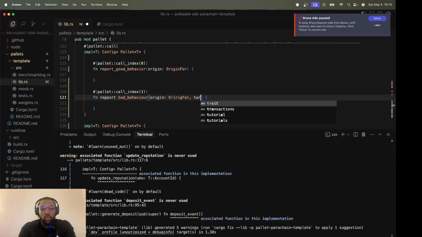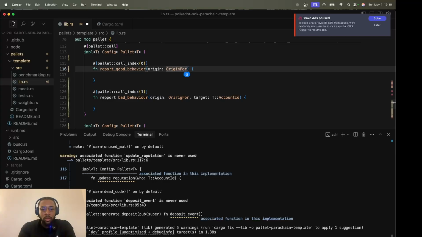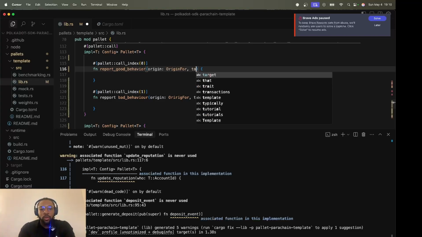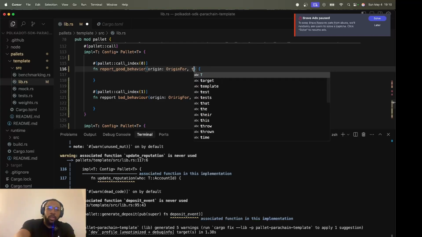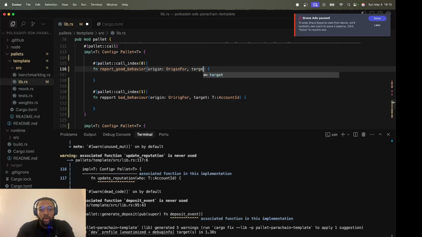Targets, who we want to report. I think this can also be one function, and then you just do the structuring, so that if it's a good behavior, the person would type in true or false for a bad behavior, or report a bad behavior.